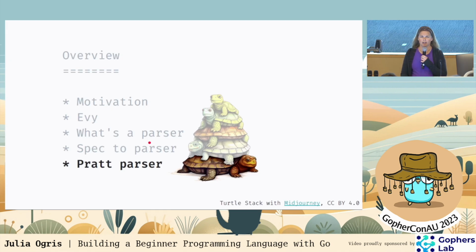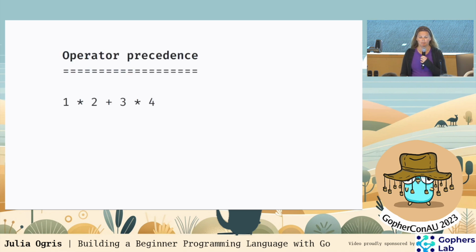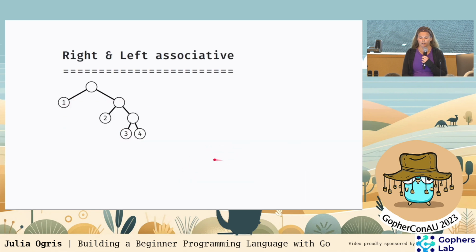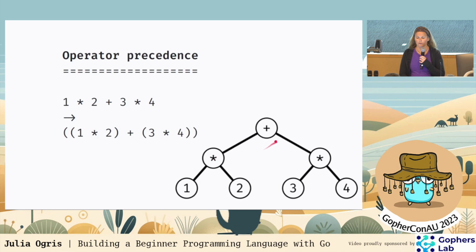So we're finally ready to look at the gnarliest part of this talk, the expression parsing. Why is expression parsing so hard? It's hard because, unlike everything we've seen so far, you can't just simply go from left to right. You have to take operator precedences into account. So as we know with this expression here, we first have to evaluate the products 1 times 2 and 3 times 4 before we can evaluate the sum, I hope we all know. So the operators of higher precedence are closer to the leaves of the tree, so they get evaluated first. And the operators of lower precedence are evaluated later, closer to the root.